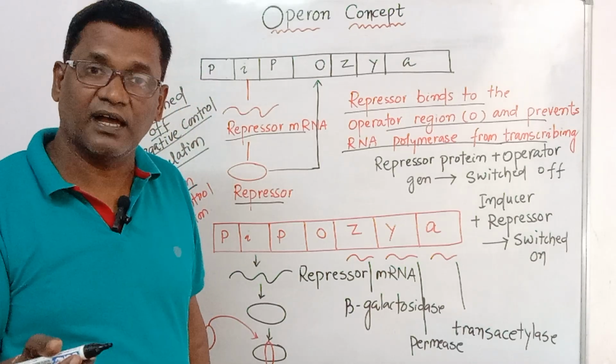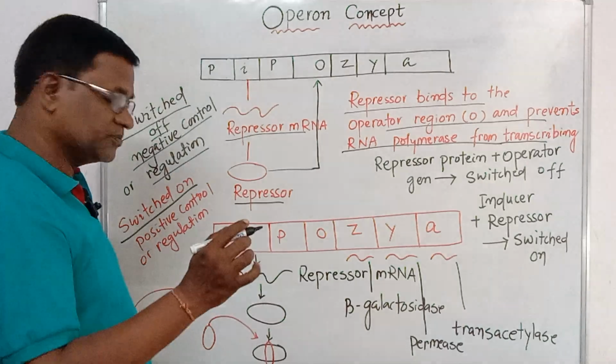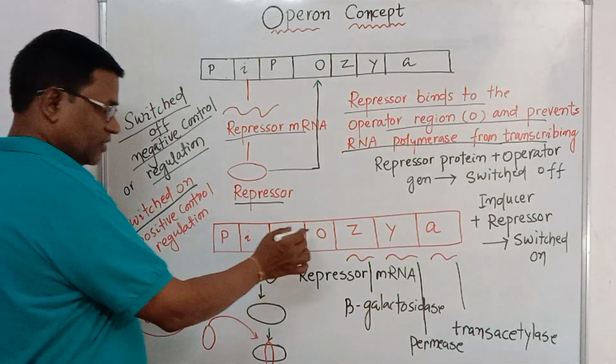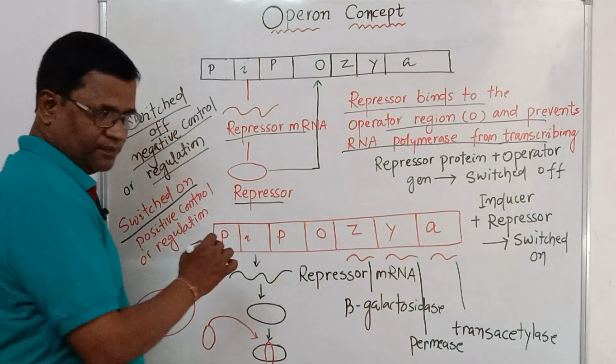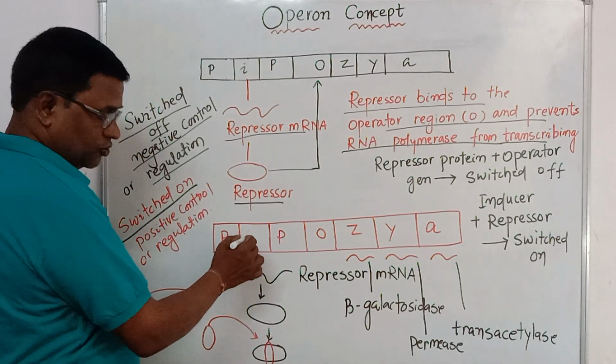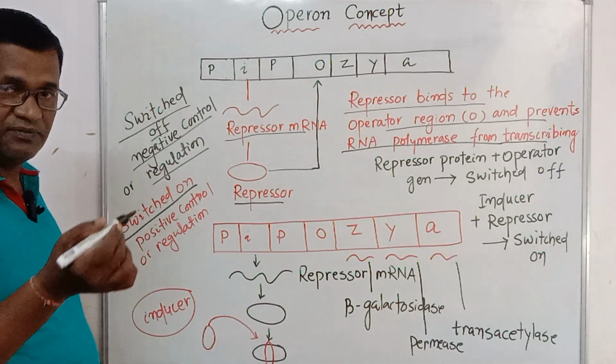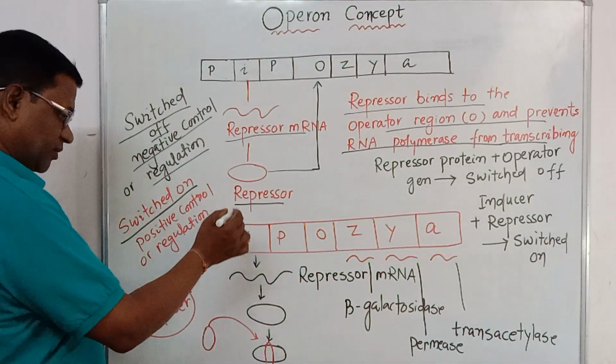इंड्यूसर मतलब क्या है? यहाँ लैक्टोज है, मीडियम में क्या है? लैक्टोज है. तो लैक्टोज में जब है, देखो PIPOZY, ये उसका सीक्वेंस है और एक डीएनए है. इसमें जब वो इंड्यूसर है, तो आई जो है वो एक यहाँ इनहिबिटर, मींस कोई भी काम को बंद करना है तो इनहिबिटर है. रेगुलेटर का काम कर रहा है, तो रेगुलेटर जीन है.